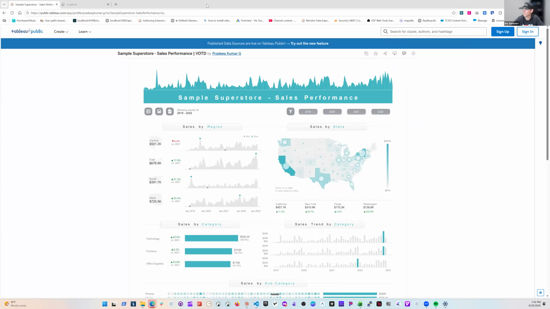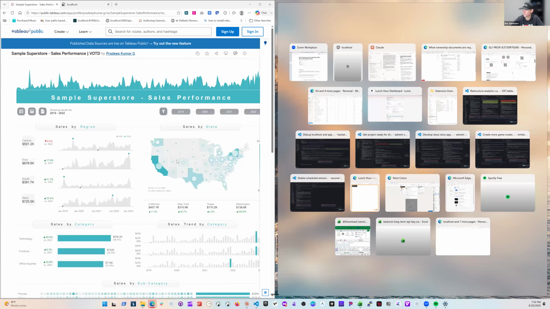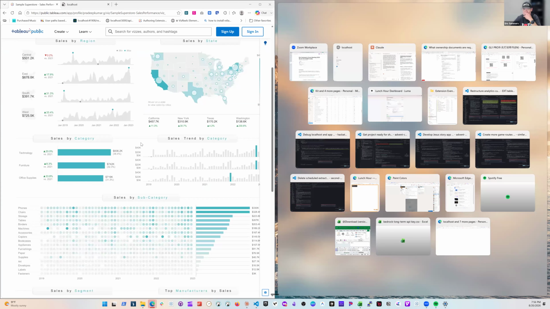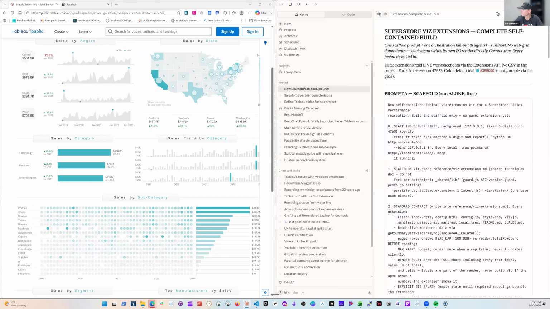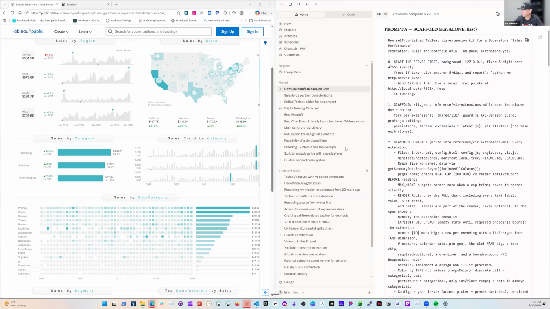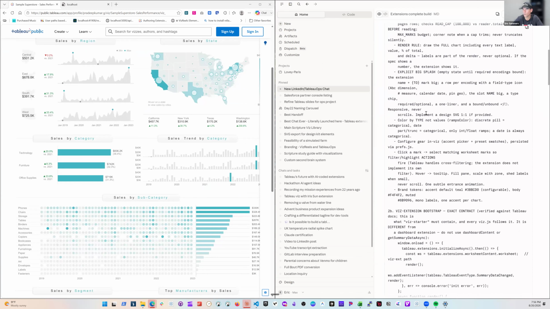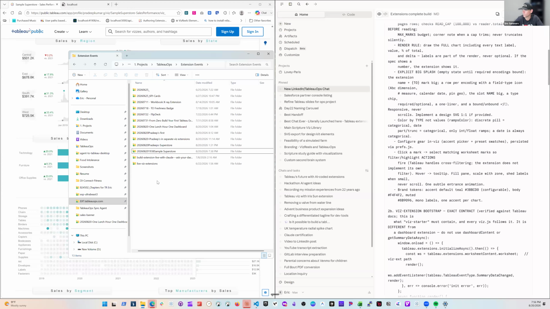So I'm going to start with this as my goal, to build each one of these elements as a Viz extension. And I'll use, or direct, Claude to accomplish that. The pre-work on this is just to get some prompts built out of Claude Desktop. And then I'm going to start a new project. I have this new project here. I'm going to start VS Code